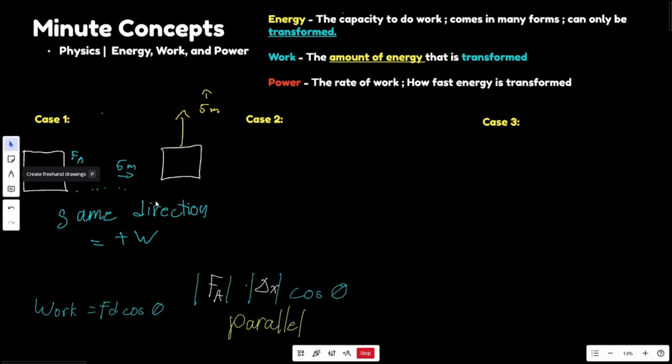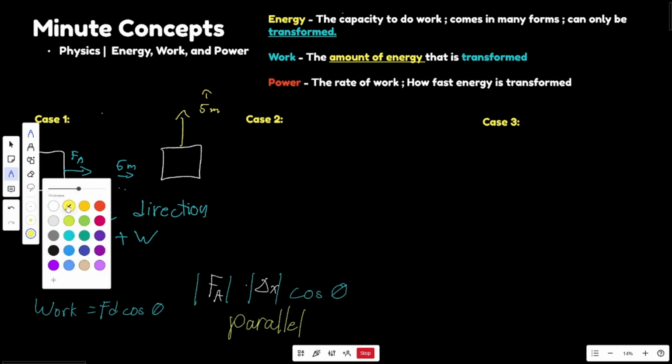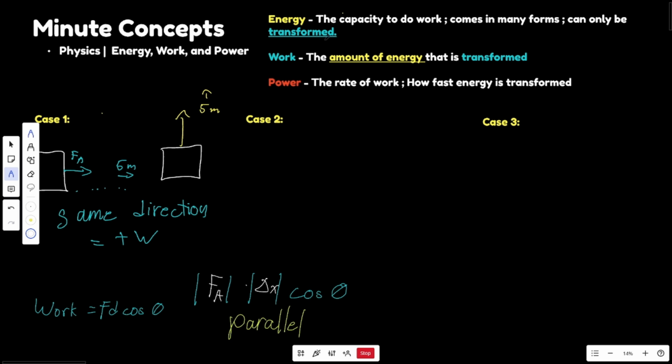Now, how about case 2? Case 2 occurs when the force applied is opposite to the displacement. It can be said the displacement is opposite, it's also true. However, the more appropriate way to describe case 2 would be that the force is going the opposite way, because the force is what's being added. So let's try visualizing, for example,